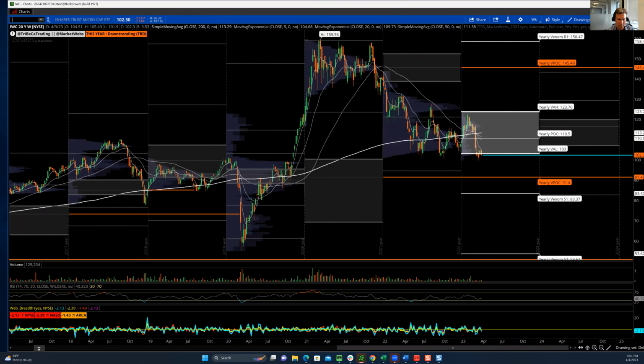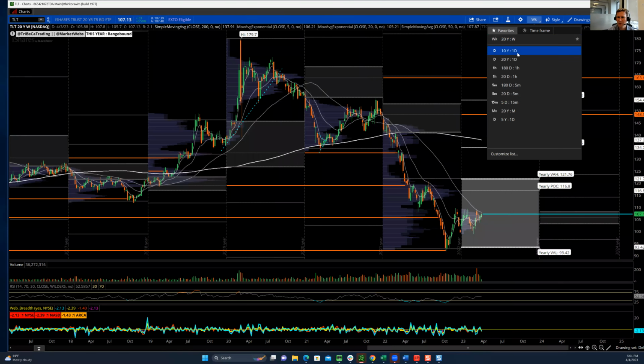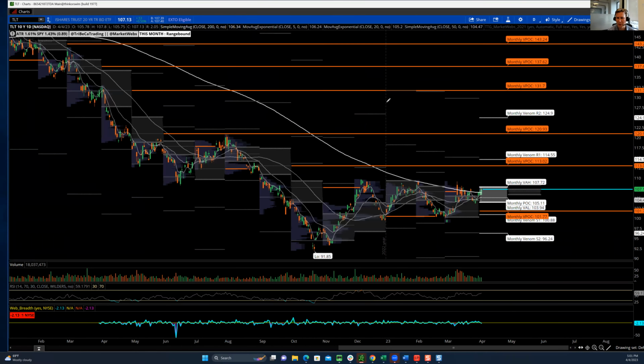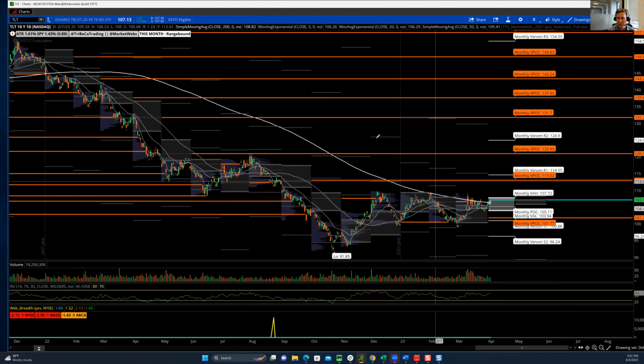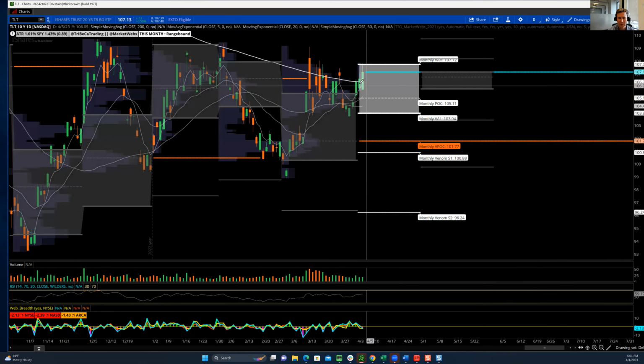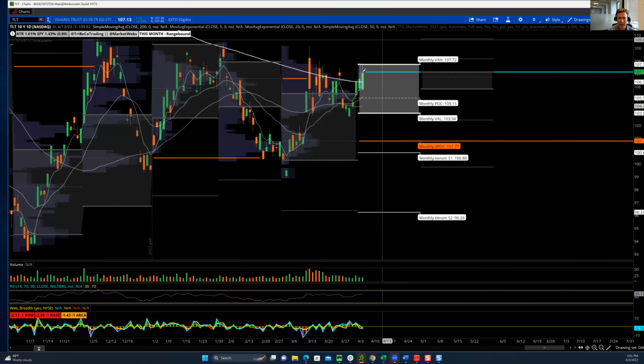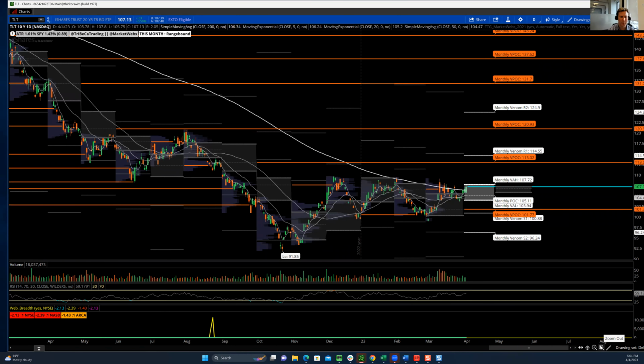Speaking of bonds, if we want to look at the TLT, the TLT also has a very interesting level to watch, right? Watch this 107.72. Right now, we are trading inside the value area for the month. If we begin to break higher, we're now in price discovery. Right now, we're just trading in a range here in bonds, and there hasn't been much volatility, which is a good thing too, right? Because sometimes that can really dictate some movement in equities as well. But the volatility is really coming in bonds right now. Watch for a move above 107.72, and this may be a nice trade.